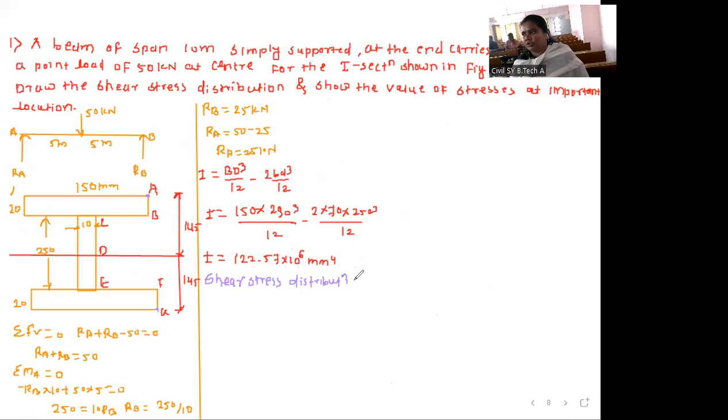Shear stress distribution. So shear stress at A, tau A, which is equal to tau G, which is equal to